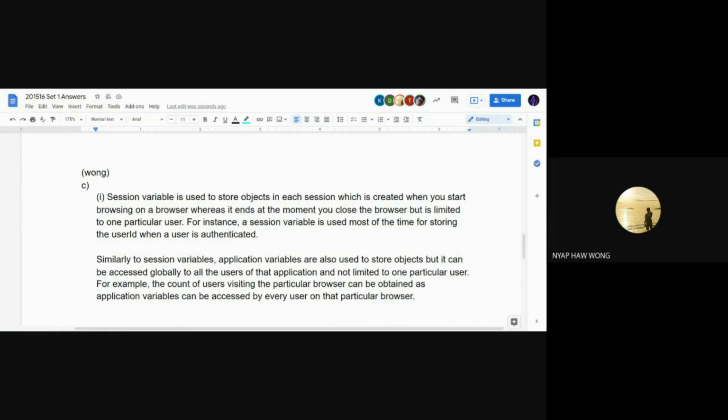For the session variable, it is used to store objects in each session, which is created when you start browsing on a browser, whereas it ends the moment you close the browser, and it's limited to only one particular user. For instance, a session variable is used most of the time for storing the user ID when a user is authenticated. Whereas for application variables, they are